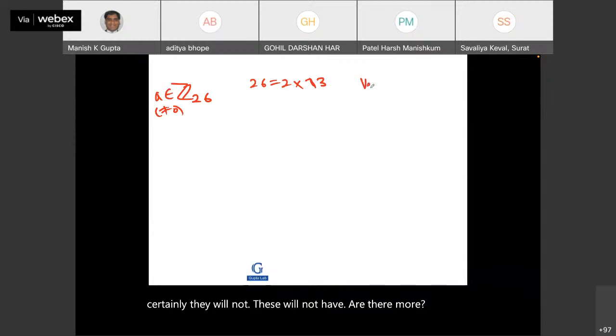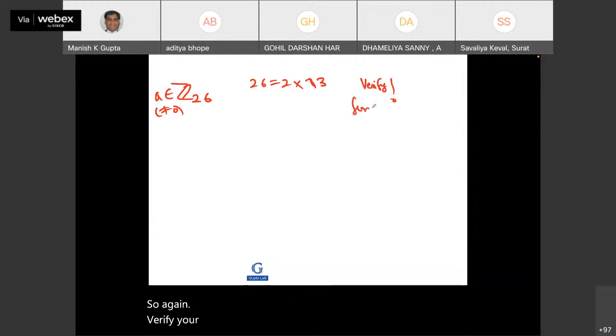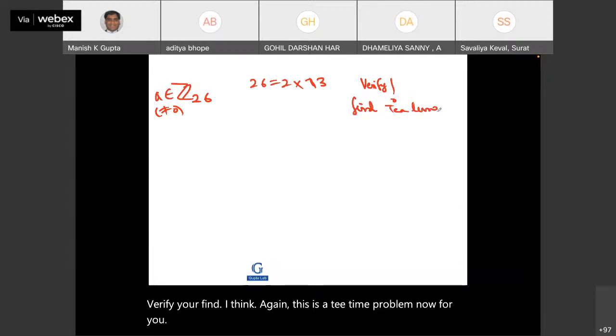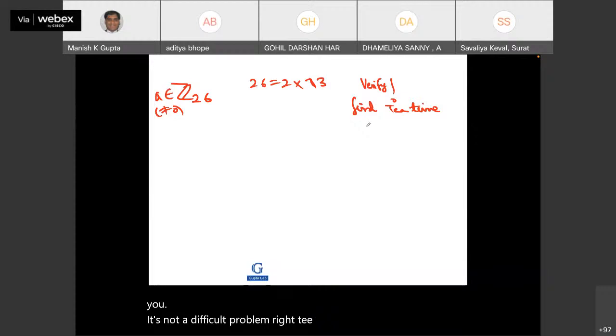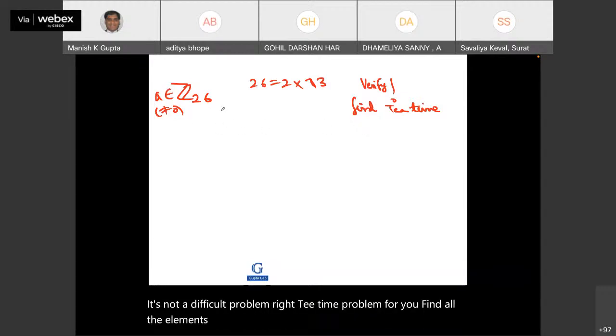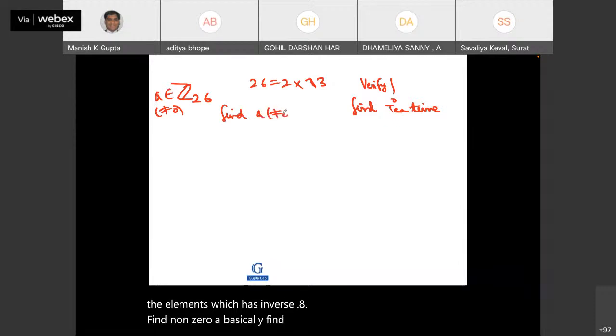So again, prime number between 0 to 26, verify or find. I think again this is a tea time problem for you. It's not a difficult problem, right? Tea time problem for you. Find all the elements which have an inverse. Find non-zero A in Zm